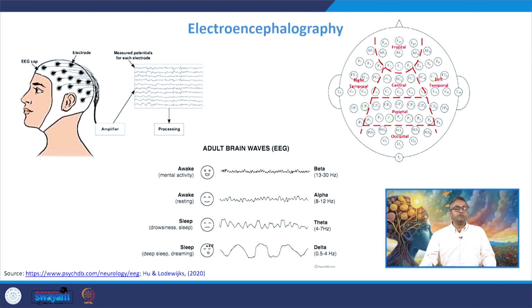And because of this, we know at what time humans are processing the face. The human is processing the human face at 170 milliseconds, and the component which we call N170, which is a negative peak, is seen to be generated at 170 milliseconds. So this is the ERP, the event related potential. So there is a potential generated to a specific event. The event could be processing a face versus a house, or a face versus a neutral object.